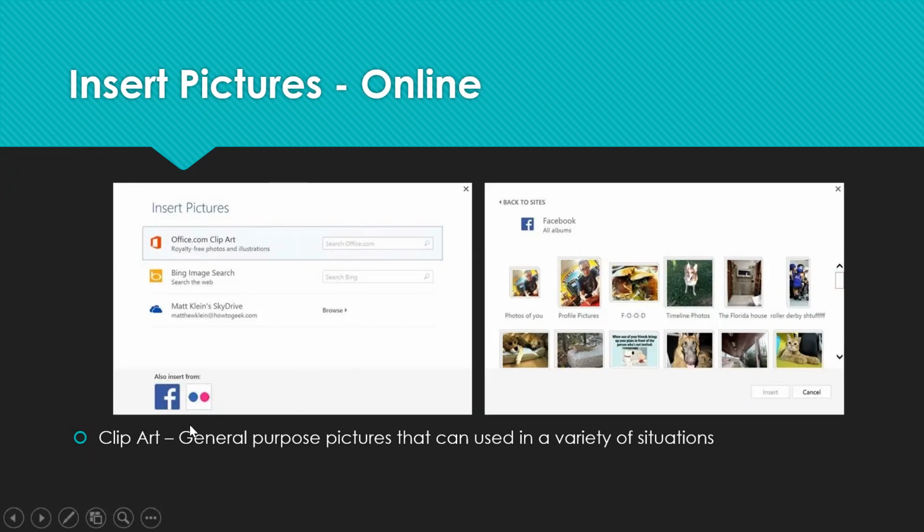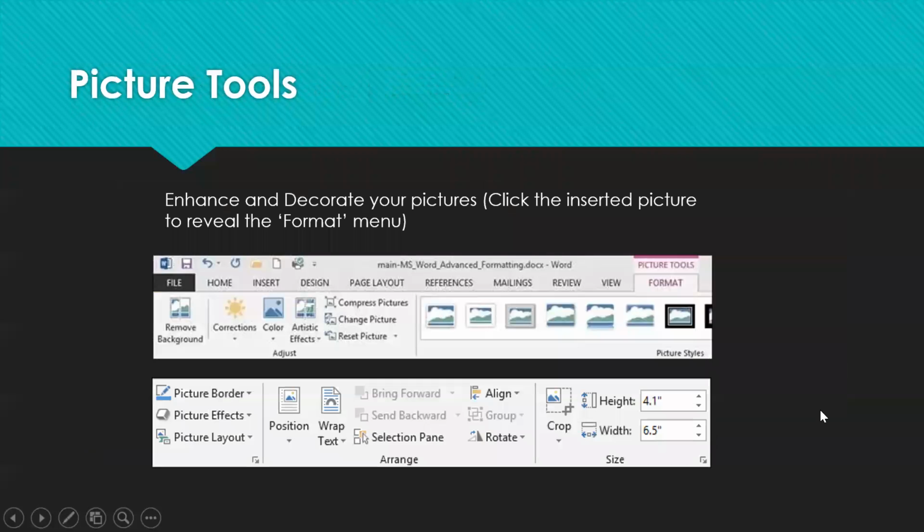They click Pictures, and here you can see all the pictures that are available to be inserted. I think they have got it from some website, Office.com clipart. So this is one way of adding a picture.